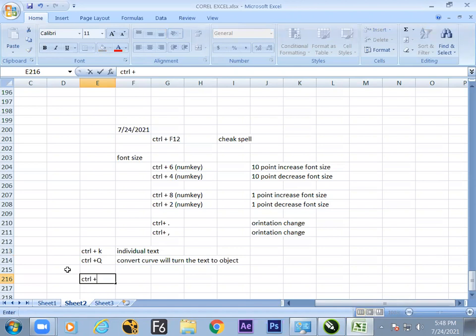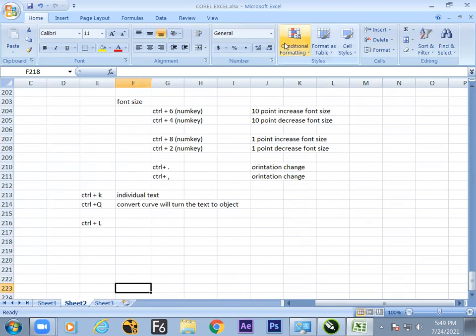Control L. What is Control L in CorelDRAW? Control L means what? Okay, combine. What is Control K? Break apart. Great, break apart.